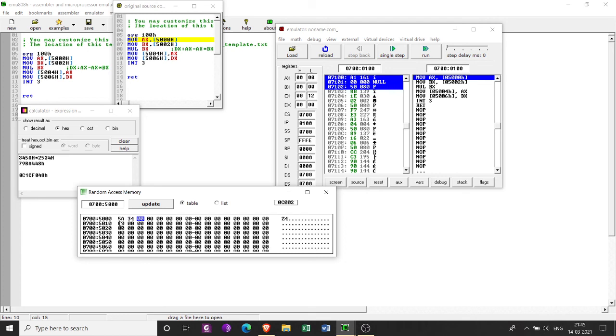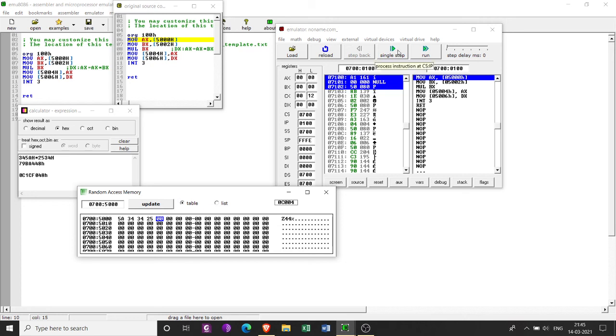So the lower byte goes in the lower address, the higher byte in the higher address. In 5000 I have typed the lower byte 5A, and in 5001 I have typed the higher byte 34. Next I need to type 34, which is the lower byte of 2534, and the higher byte 25.